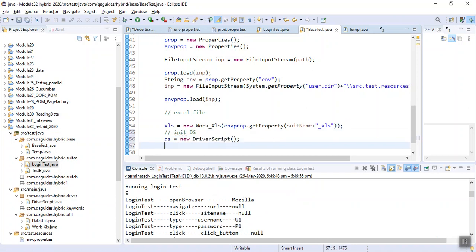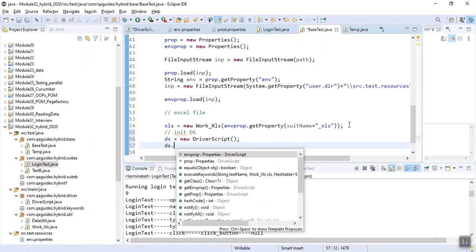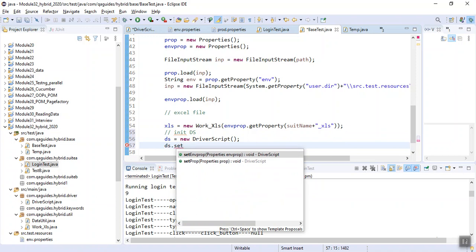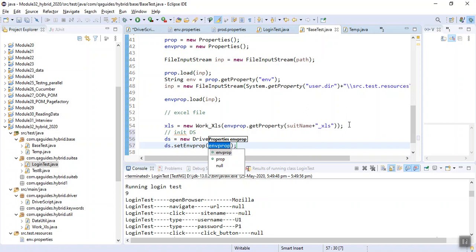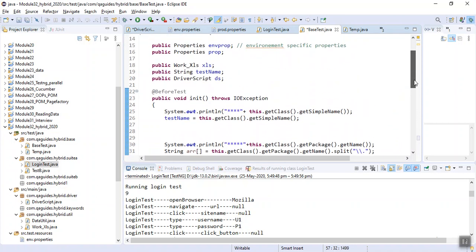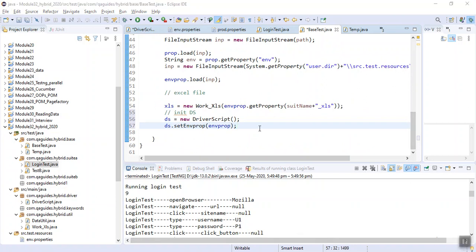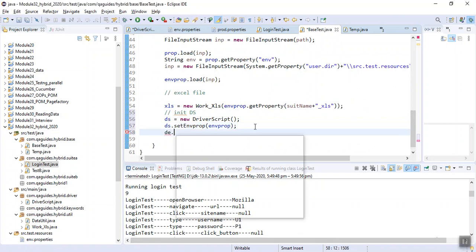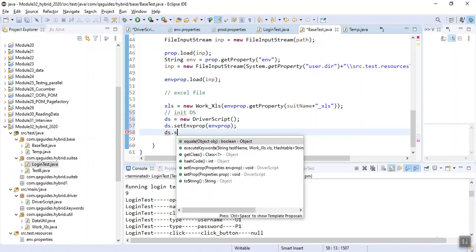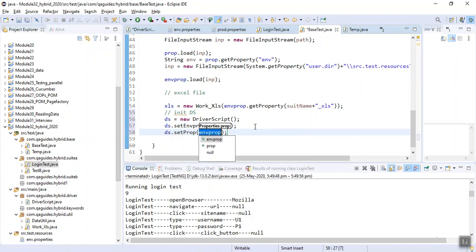And what I do, ds is equal to, so I want to copy driver script is equal to this, and in this driver script, I will set environment property is equal to what we were using, env prop. So I am sending this value to my driver script, and we will also set the normal property object to key.